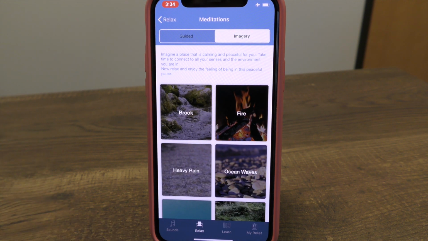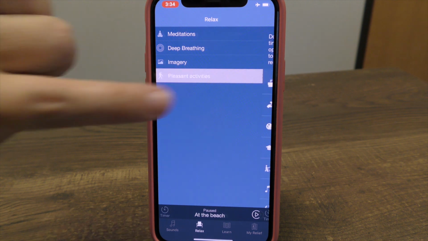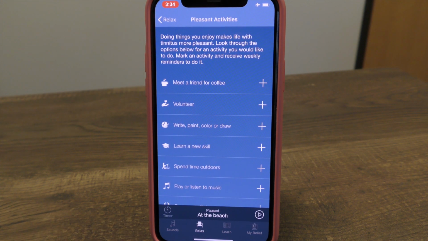This way, as you're thinking of different images, different pictures, you can actually see these, and it helps to stimulate and think of what does this sound make you feel like whenever you're in these particular areas. If you're listening to a babbling brook, how does that make you feel? And hopefully that can help you to find some peace and calm and get some reprieve from the effects of your tinnitus.